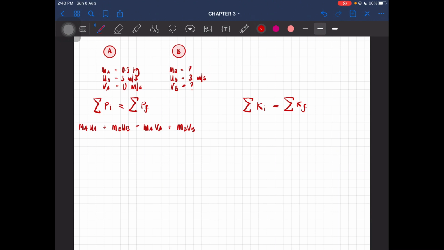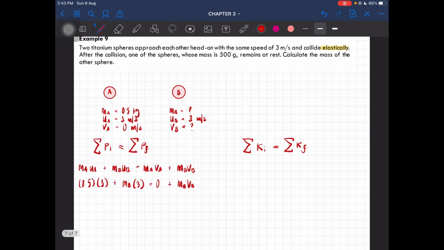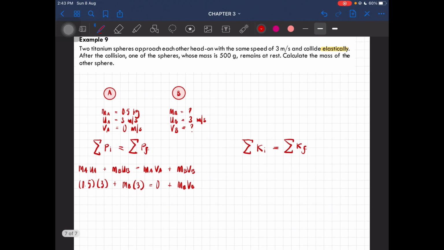So substitute: 0.5 times 3 plus MB times UB, this one is 3, MAVA is 0, so directly 0, and this one, VB, is unknown as well. Okay, so we then have UA... let me read again. This one